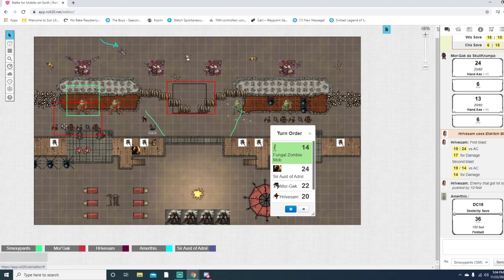I was right there. And you were right there as well, Hiv Sam. So can you make me a dex save, please? Do I have to? Yep. The explosion was very large, and the walls are only about 20 feet high. So you're going to make a dex save just to try and protect yourself from any flying debris. Yeah, but he does probably have cover, so...